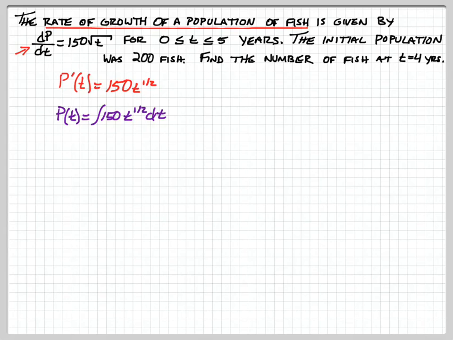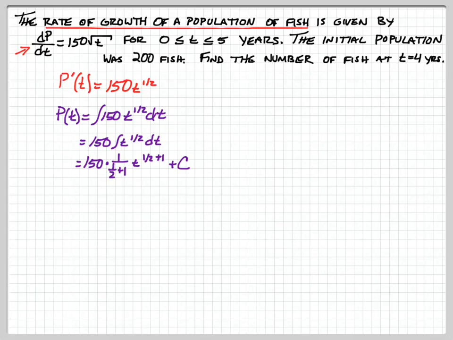We're going to use our constant multiplier rule and say 150 times the indefinite integral of t to the 1/2 power dt, and then our power rule: 150 over 1/2 plus 1, then t to the power also of 1/2 plus 1, and then of course we always add our constant of integration